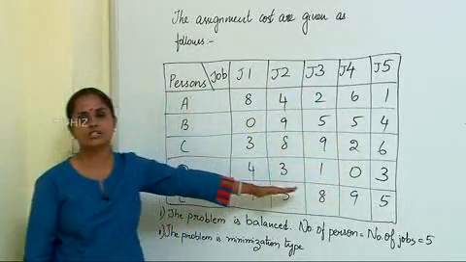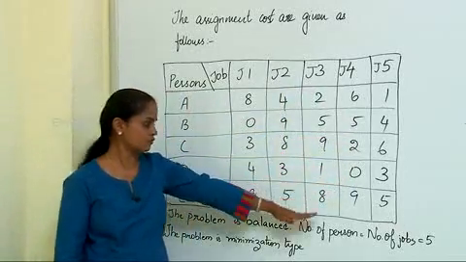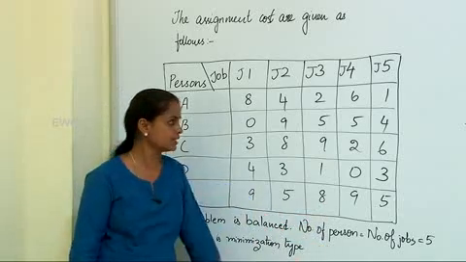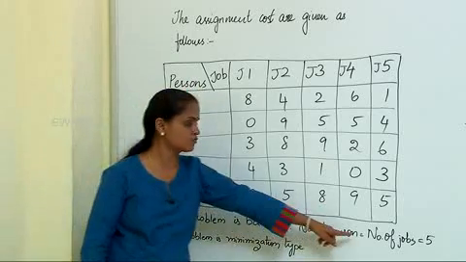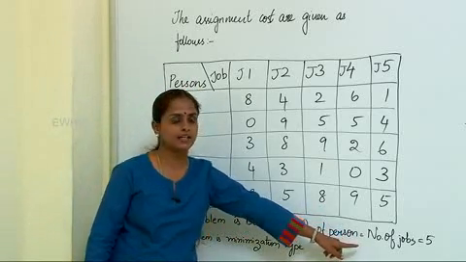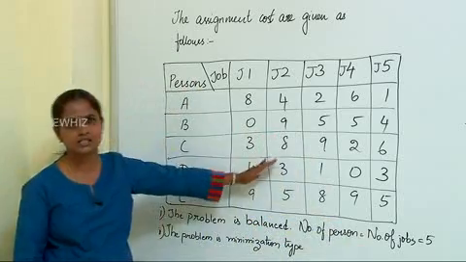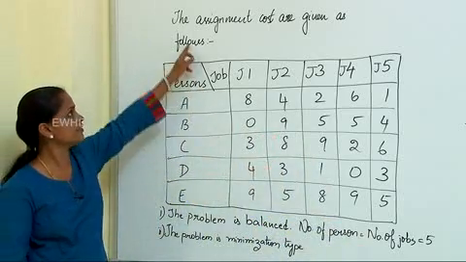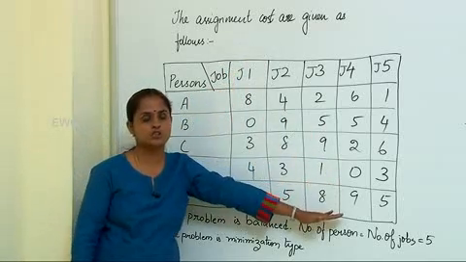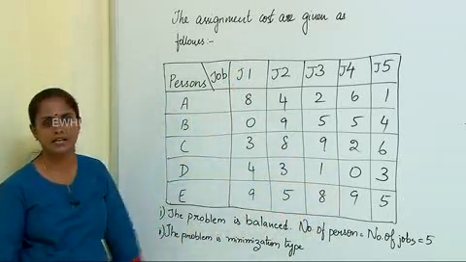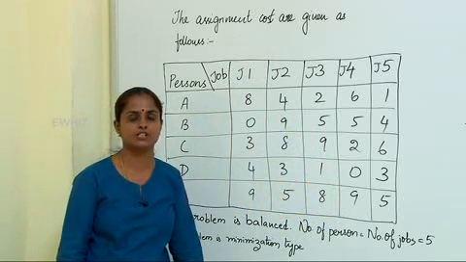So as I said, first you check for the condition of minimization and balancing. Count the number of persons and number of jobs. The number of persons and number of jobs tally, it's equal to 5, indicating the problem is a balanced assignment problem, and you are given the assignment cost. So you are given the minimum cost table. So we shall straight away proceed with the Hungarian algorithm to find the optimal assignment schedule.